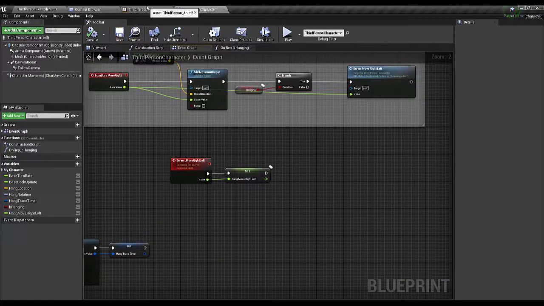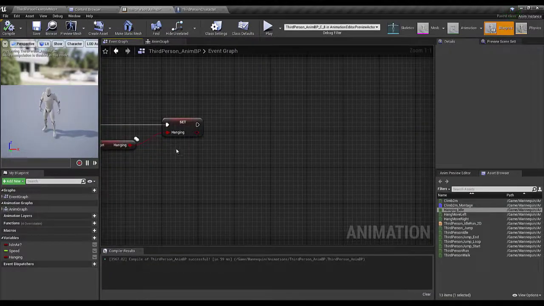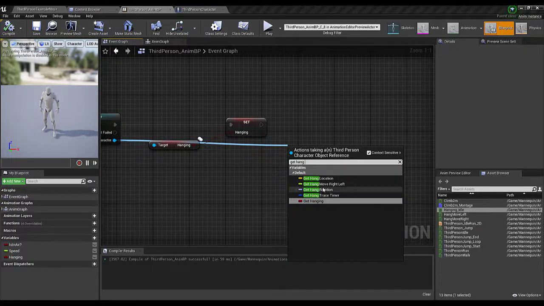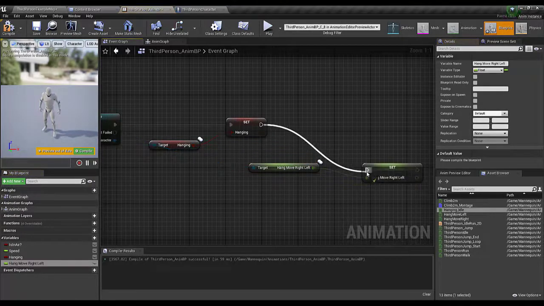So now I'm gonna open my animation blueprint and get my hang move right and left variable, promote this to a variable over here,